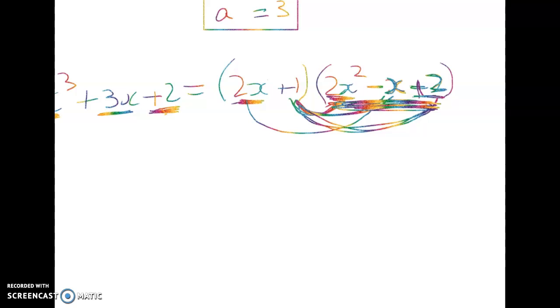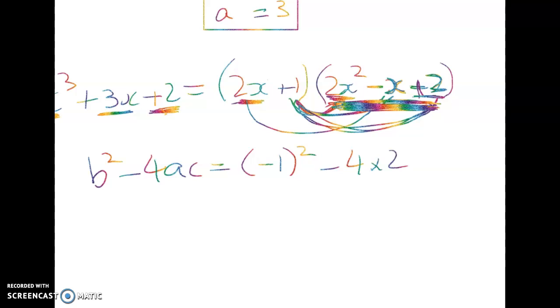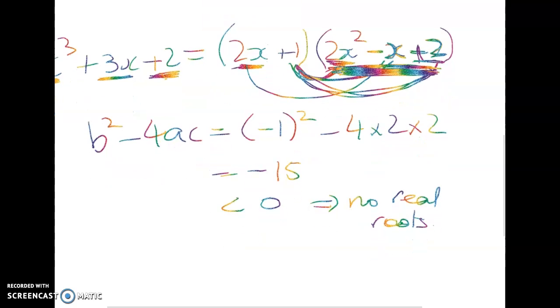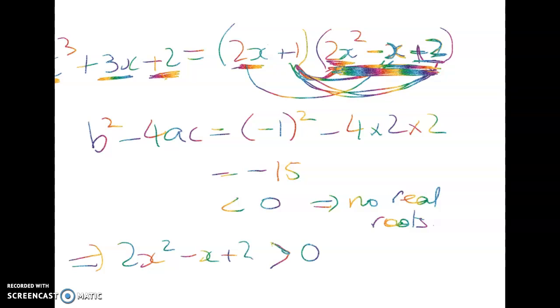Let's see. So I can tell that this bit has got no further to go by looking at the discriminant. So let's look at b squared minus 4ac and see what we've got here. So we've got negative 1 squared minus 4 times 2 times 2, which gives me 1 minus 16, negative 15, which is less than 0. So it's got no real roots. What that means is that 2x squared minus x plus 2 is going to be strictly positive for any value of x. And that's because this is a parabola, a right way up parabola,